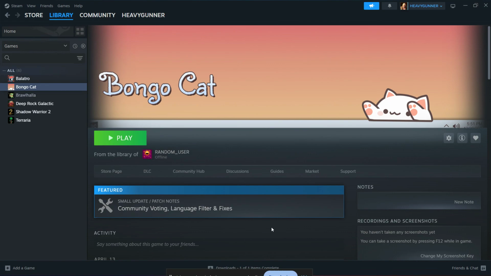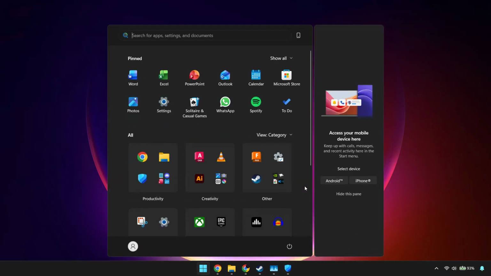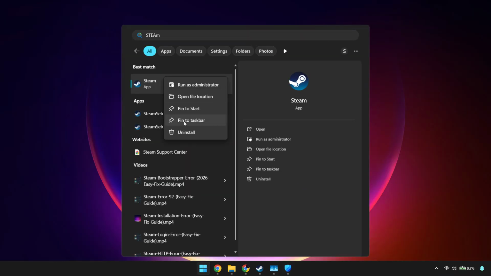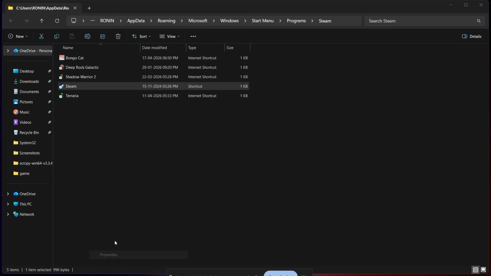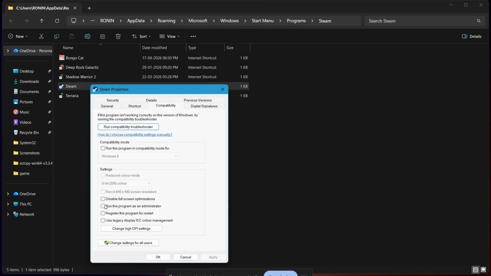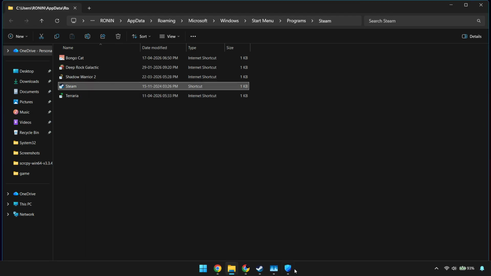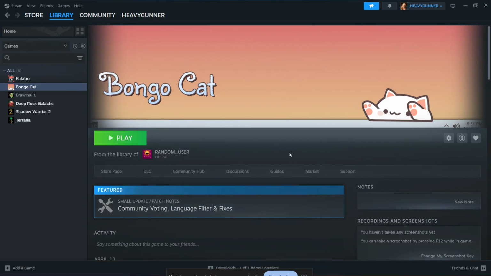If that doesn't work, the next thing to try is running Steam as an administrator. To do that, find your Steam shortcut on the desktop or in the Start menu, then right-click it and choose Properties. In the Properties window, go to the Compatibility tab. Here, check the box that says Run this program as an administrator. Click Apply, then OK, and reopen Steam. Running as administrator gives Steam the permissions it may need to update, launch games, or connect properly without being blocked